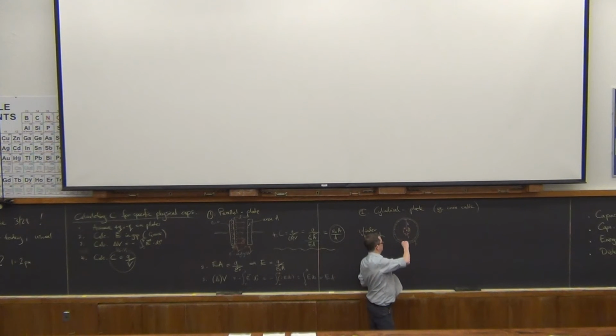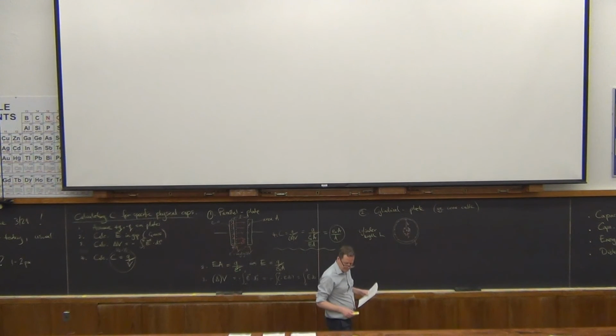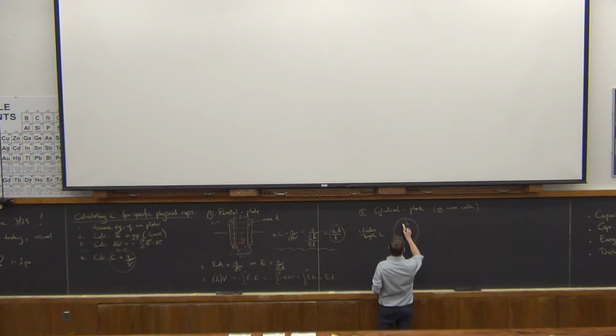Again, these are conducting materials, so the charge is distributed on the facing plates, the plates that face each other. It's on the outer surface of this, and it's on the inner surface of this. So that's step one. Now I will take a Gaussian surface